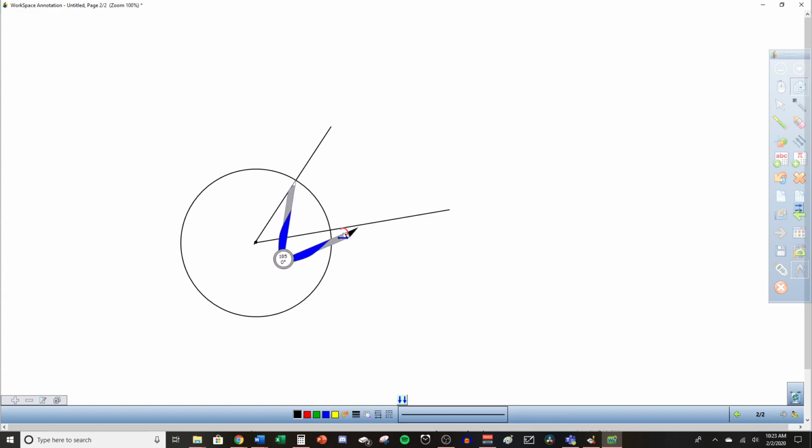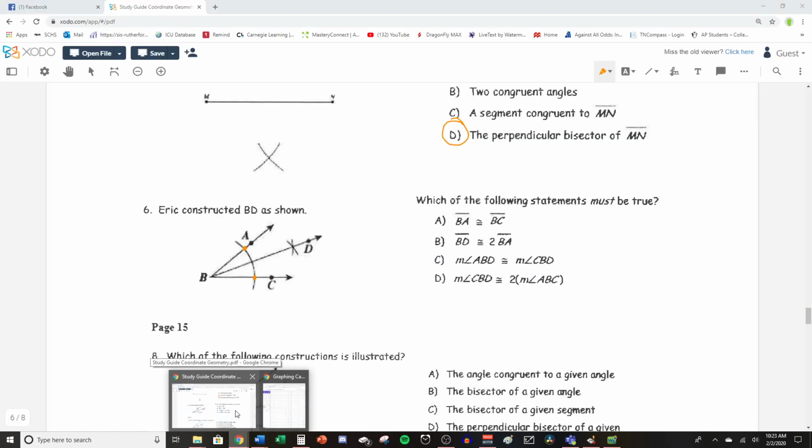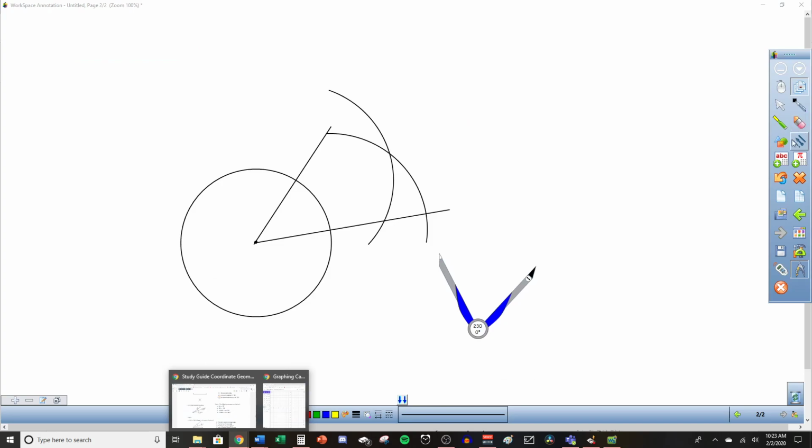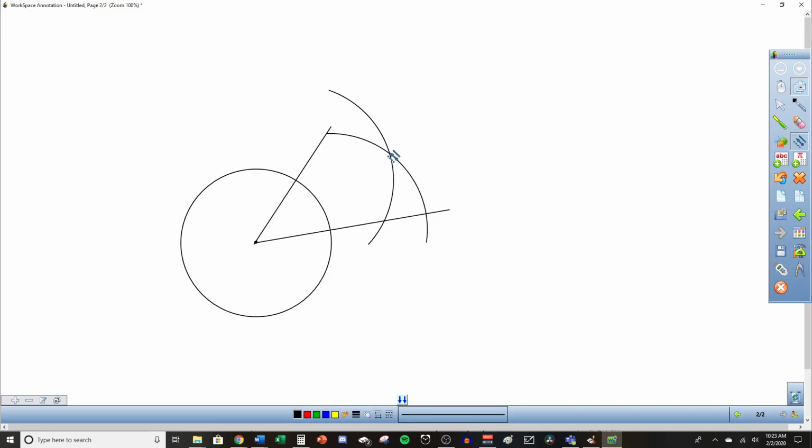I'm going to move this up here to this point. I'm going to make this just a little bit bigger, probably about right there. And I'm going to draw sort of part of a circle. Move it down here, same exact radius for this circle. We're going to go right here. So this mimics exactly what we see in this drawing of what Eric had constructed. Because what happens if I connect from this intersection straight through here is that this line,